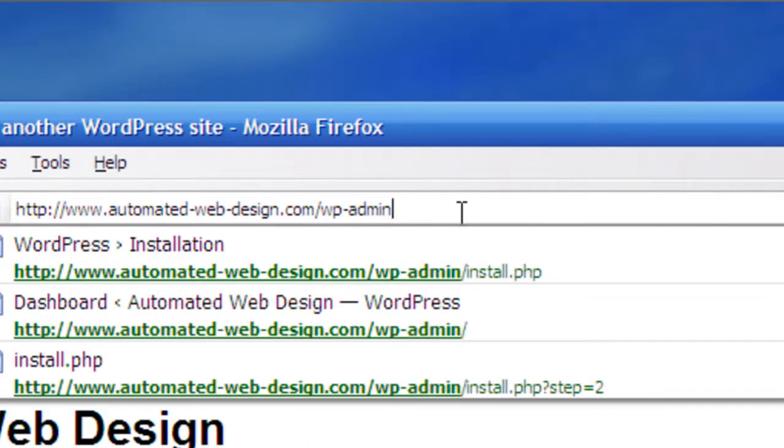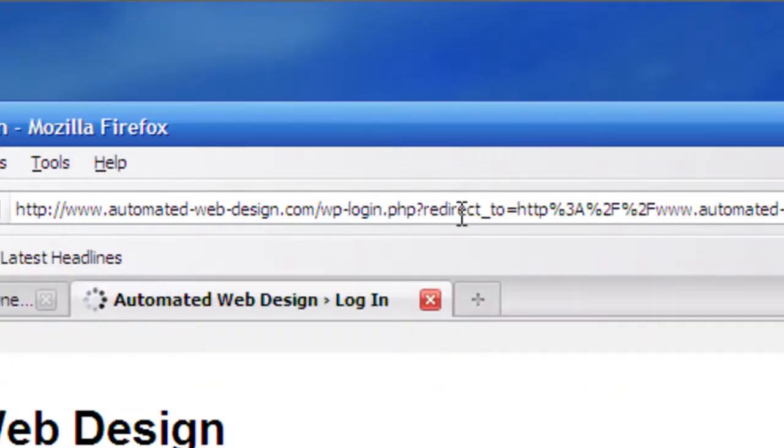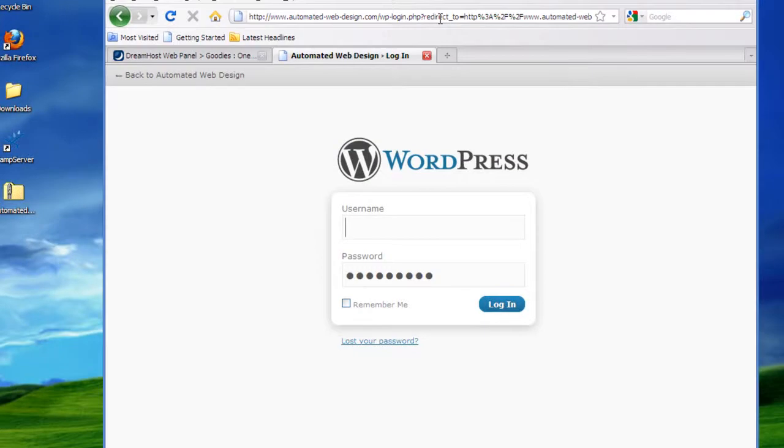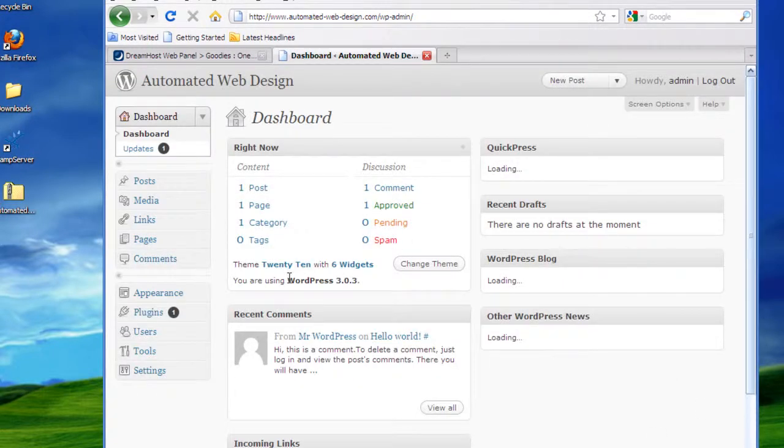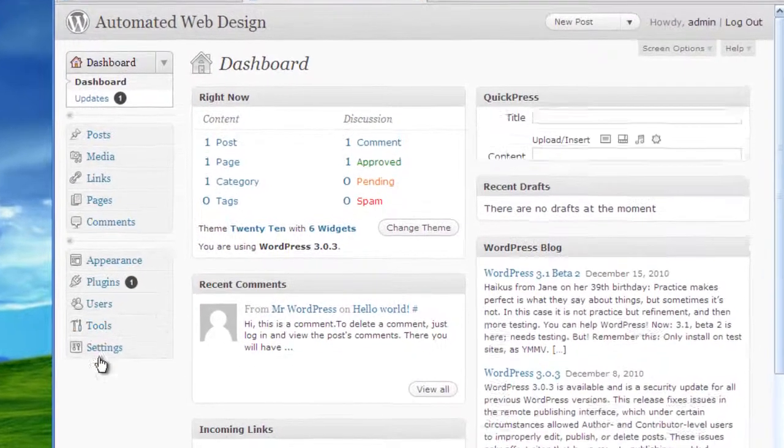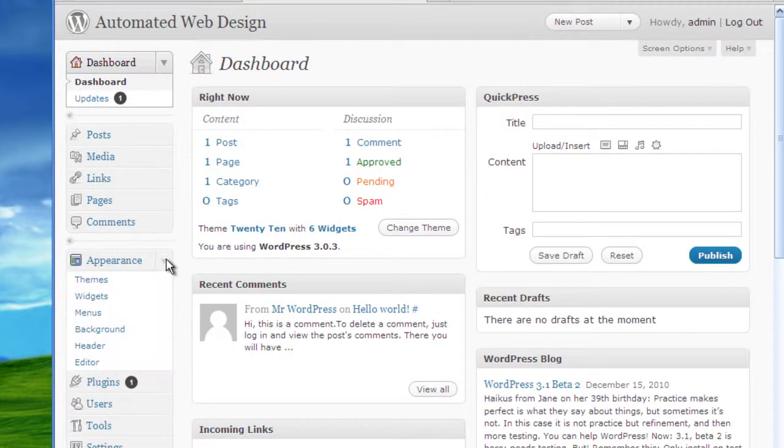Now, if you're a little more advanced, you can modify this, but by default, that's where it is, and likely where most people put their administration for the WordPress installation. And if you recall, our user ID was admin. It looks like I remembered my password here, which was nice because I've forgotten it. And there we are. So let's go to our appearance tab over here, click on themes,